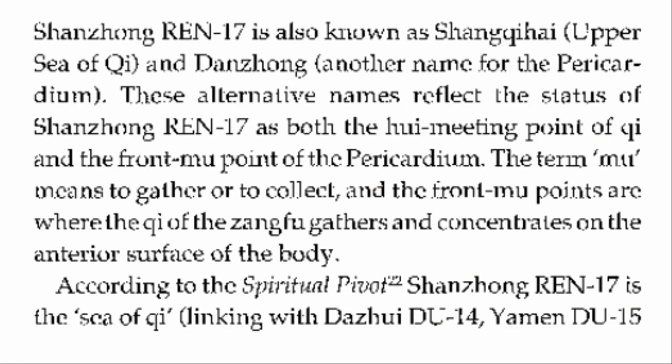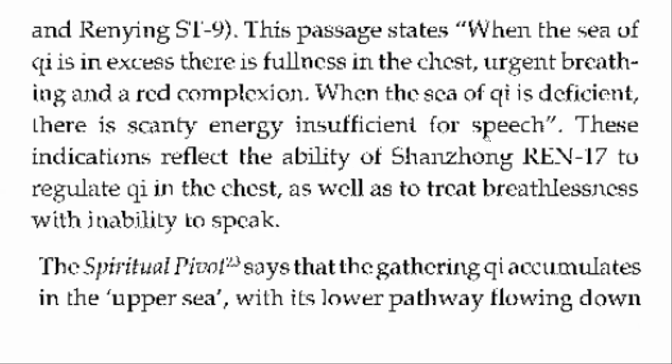According to the Spiritual Pivot, REN17 is the Sea of Qi, linking with DU14, DU15, and stomach 9. This passage states, when the Sea of Qi is in excess, there is fullness in the chest, urgent breathing, and a red complexion. When the Sea of Qi is deficient, there is scanty energy, insufficient for speech. These indications reflect the ability of REN17 to regulate qi in the chest as well as to treat breathlessness